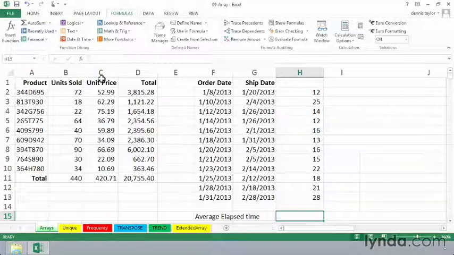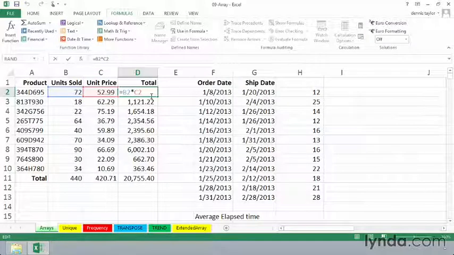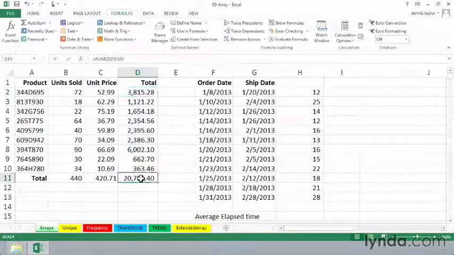we've got some items being sold. Here's the units sold, the unit price, and a simple little formula here to calculate the total. And at the bottom, we're adding up all these. Now, we probably want that information, but there certainly can be times when, and it could be with a larger list, smaller list, doesn't make any difference,